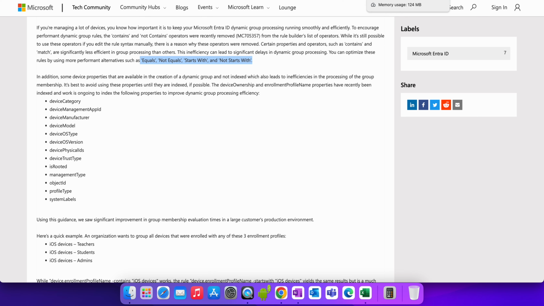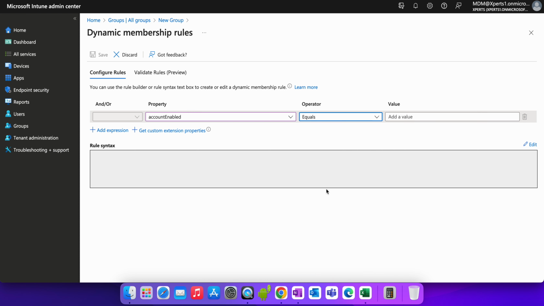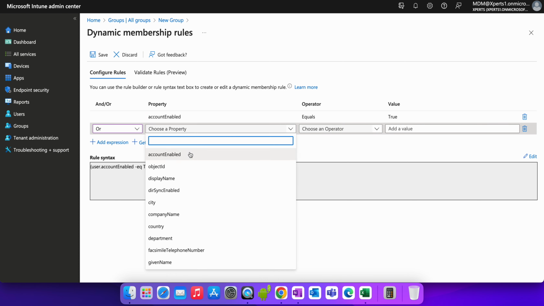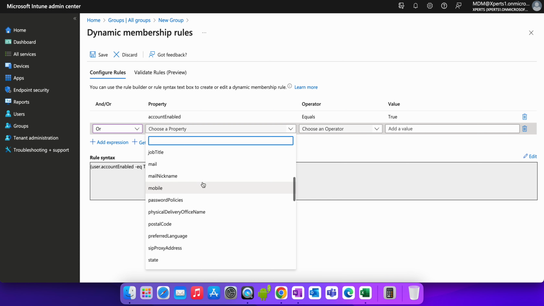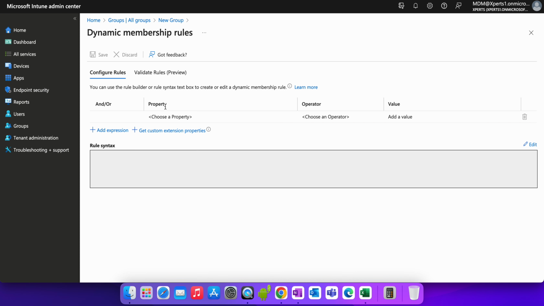And you see here, if it's account is enabled, it says there is no content, it's still there, so it will get removed. Content they have already removed, so you can use equal, and you can put the value true, right? So if it's account is enabled and true, it will show here, right? Now you can add more expressions here, like and, or, whatever you want to do. Select account enabled, anything, whichever you want, you can do it. You can also add the custom attributes. Let's discard this one, and I will show you